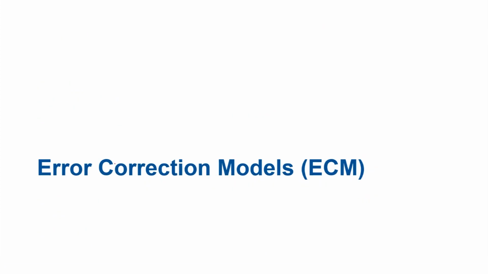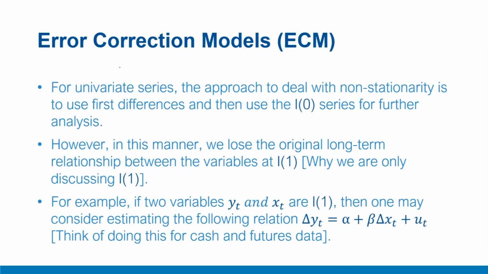In this video, we'll introduce the error correction models, also referred to as equilibrium correction models. Typically, when you are dealing with univariate series individually, a good approach to deal with non-stationary or integrated series is to convert them to I0. For example, if it is I1, you take first differences and convert them to I0. Generally, when we are talking about financial economic series, we are talking about stochastic non-stationarity. So when we construct I0 series, often when you are looking at time series models of a multivariate nature, you can also follow this approach, converting individual series to I0 level and then trying to find the relationship.